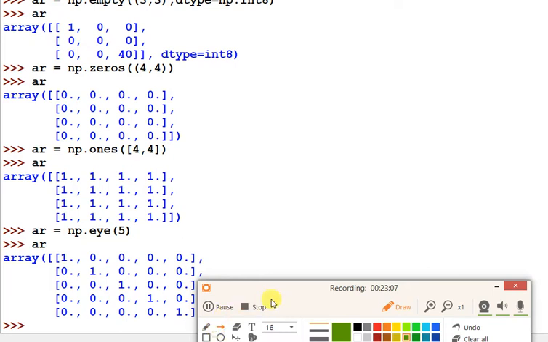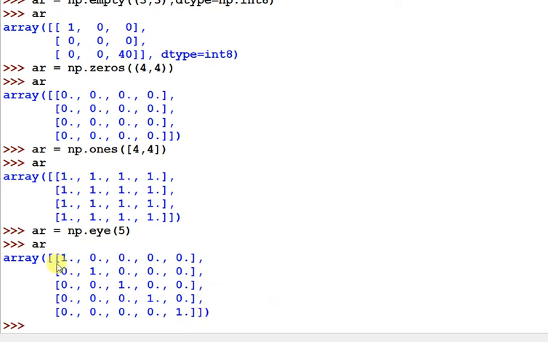So look at the diagonal elements here. All the diagonal elements are assigned 1, and the rest of the values are assigned 0. So this is the function of eye.